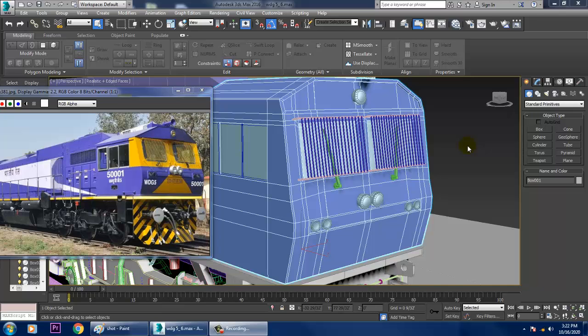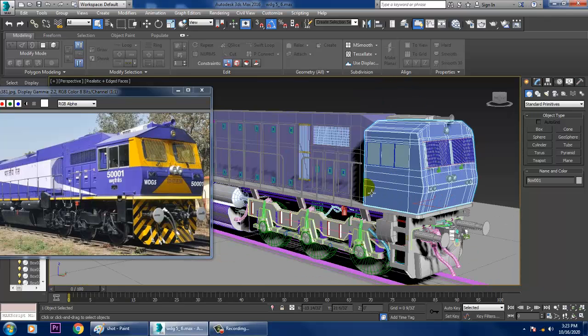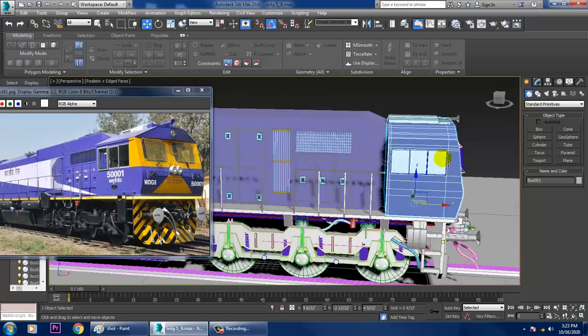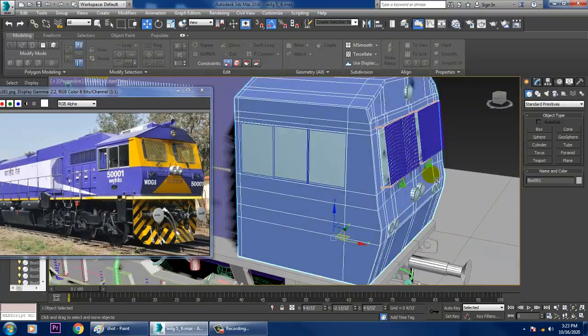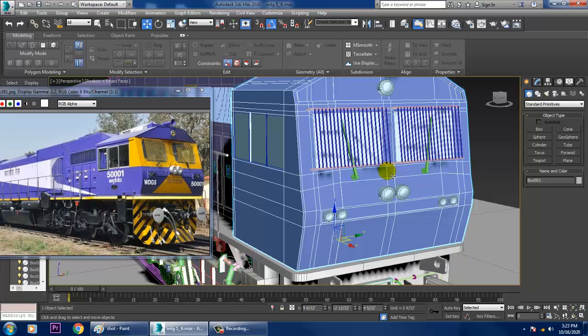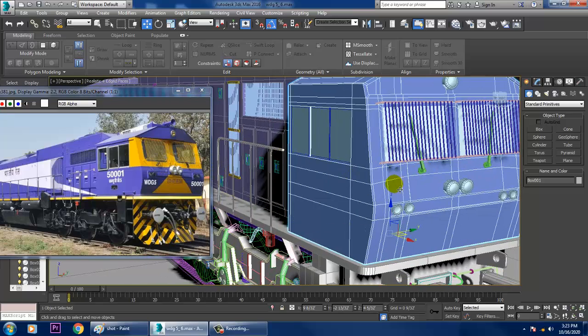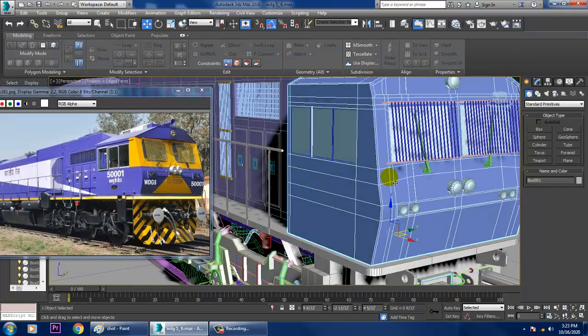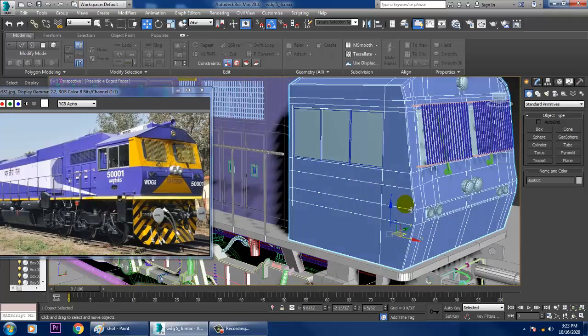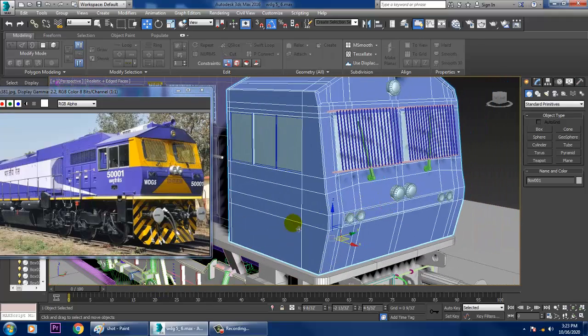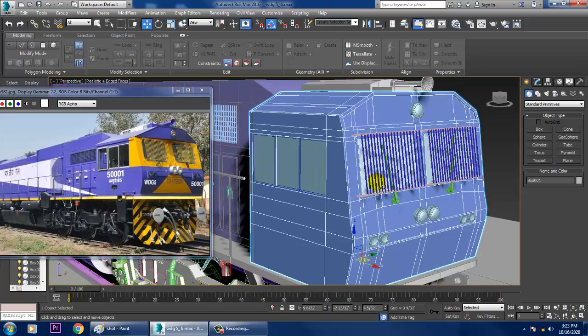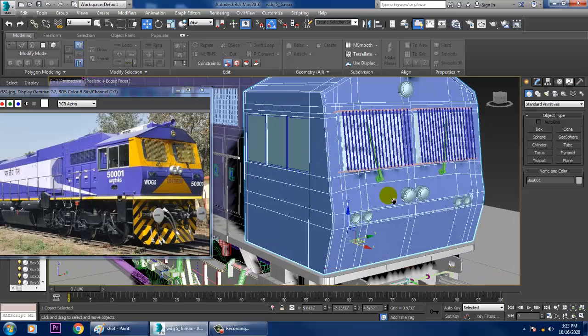So let's get started. Now what we are going to do is start with the texturing part of this particular locomotive engine. So first we are going to texture this. How we are going to texture it is, let's do the unwrapping part over here. So how are we going to unwrap it? Very first of all,